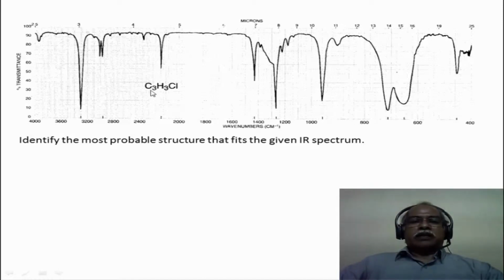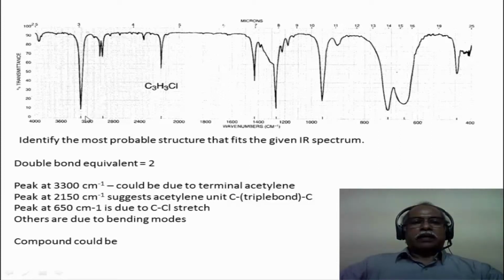Now as you see the infrared spectrum, you need to understand the characteristic features of the spectrum in this particular case. There is a sharp peak around 3250 or so in this region, and there is another sharp peak around 2100 and something, 2200 and some frequency. There are other peaks also present in this system. So let us first focus on the 3300 inverse centimeter peak and the 2150 inverse centimeter peak. Now this peak could suggest that this is a terminal